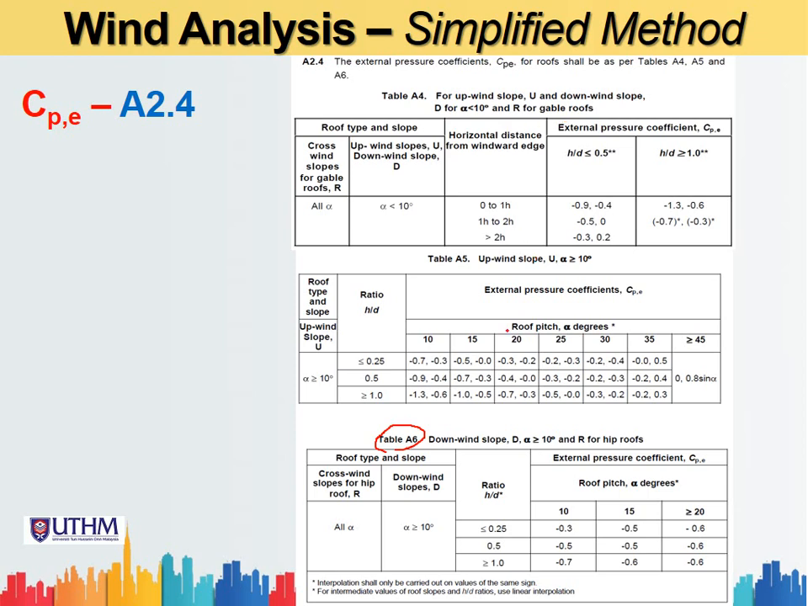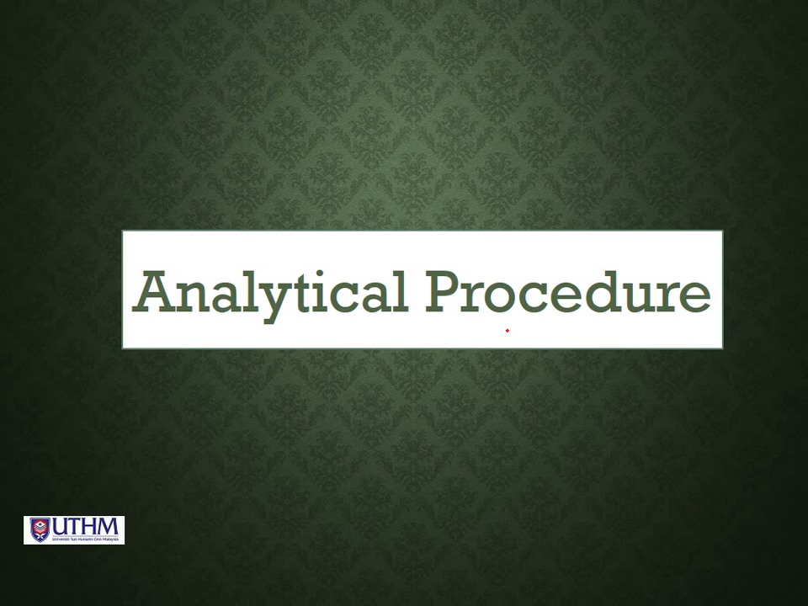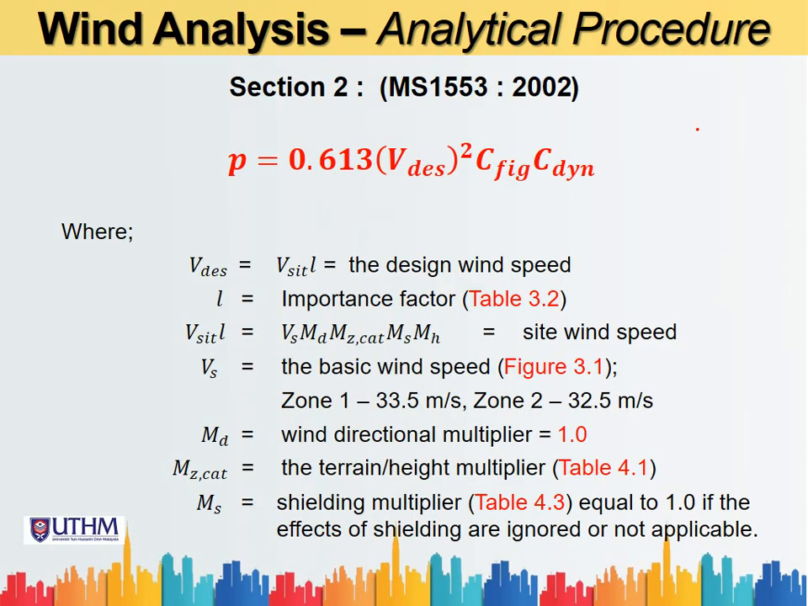Okay, we are at alpha. So next is the analytical procedure, or analytical method. This is the second method to calculate the wind pressure. So the wind analysis using the analytical procedure. This is the pressure. The wind pressure equals 0.1613 multiplied by the design wind speed, multiplied by the aerodynamic shape factor, and here is what we call the dynamic